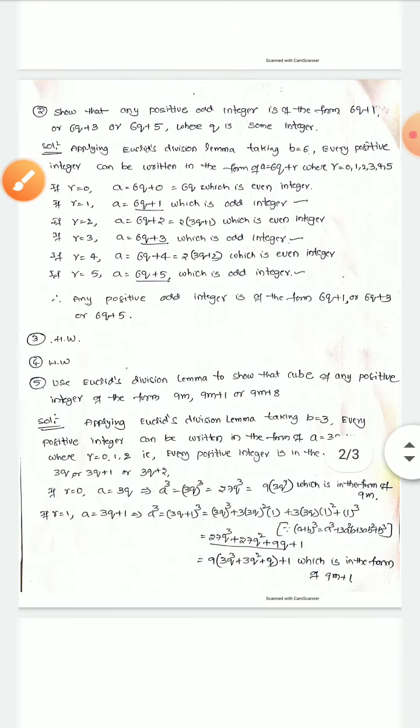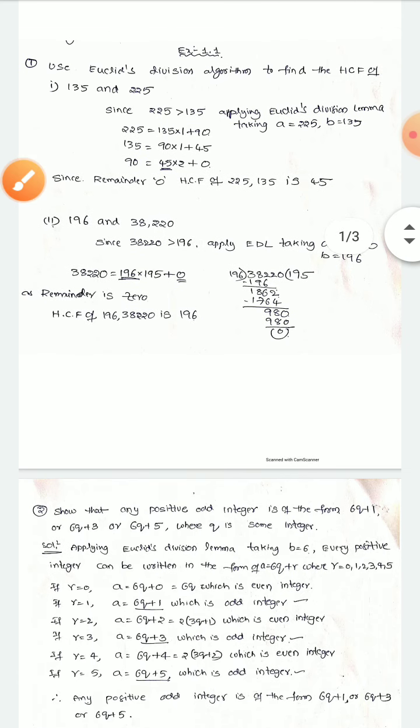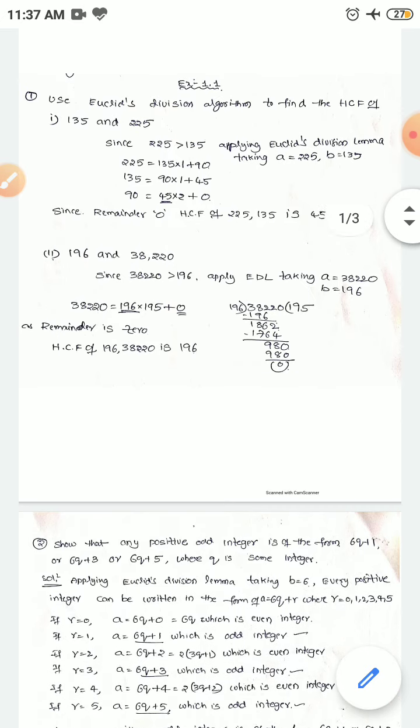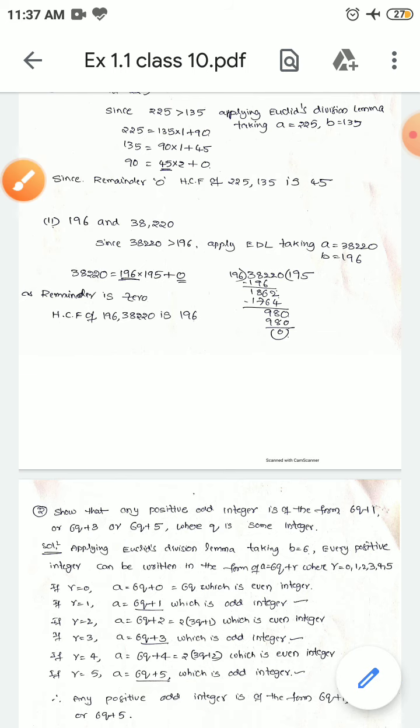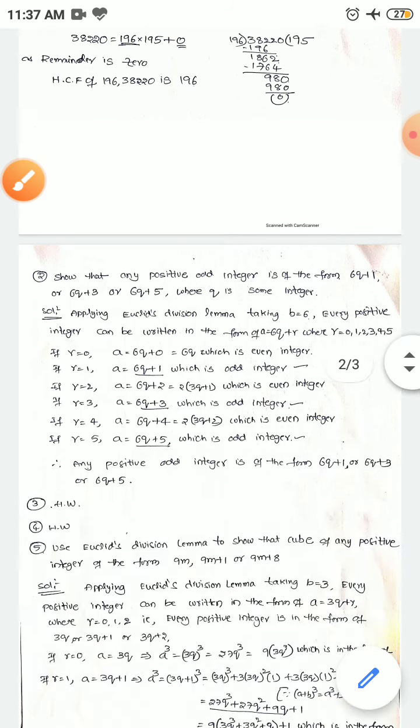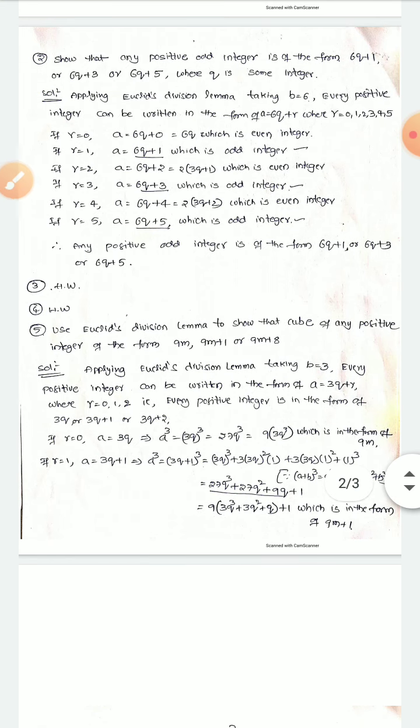And let us go for the second problem. In the first bit, the third problem I have given to you as homework. You do it as homework and complete the notes. As the lockdown is going on, sitting at home, don't waste your time, better you complete your notes. Now let us go for the second problem. These problems are very important from the examination point of view, so concentrate here.